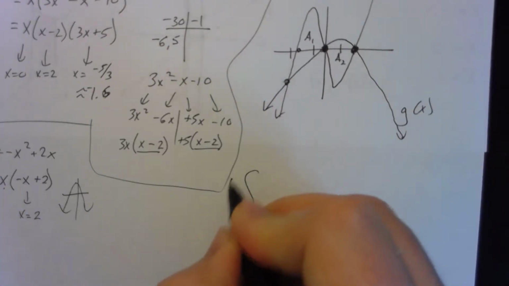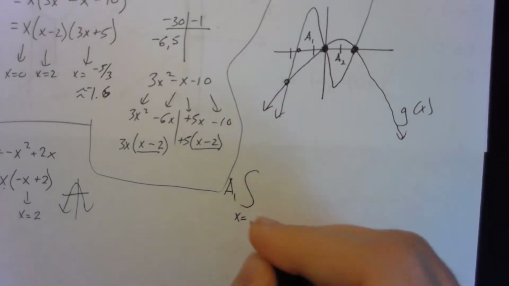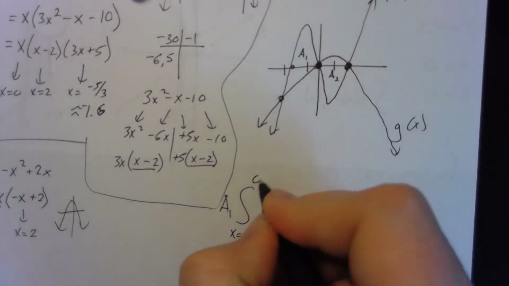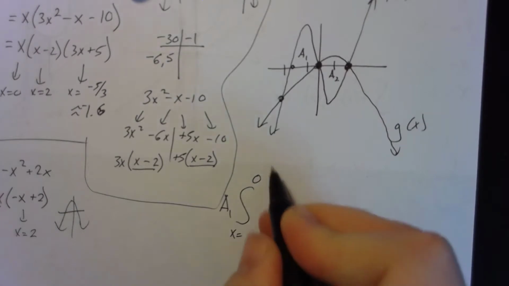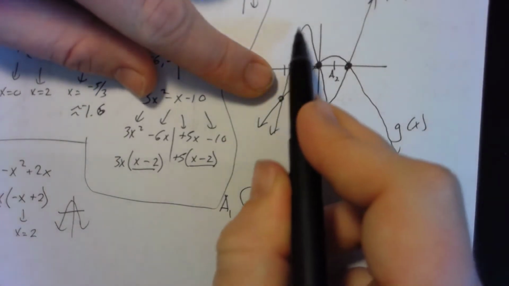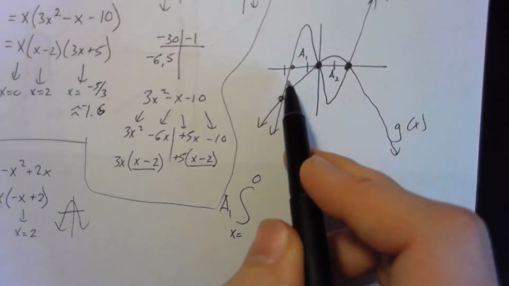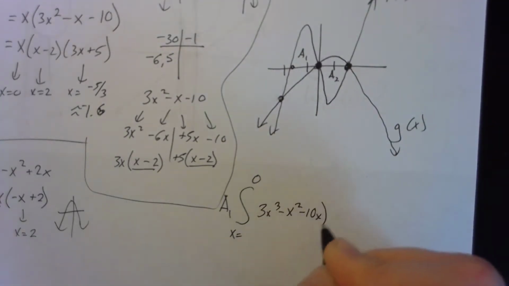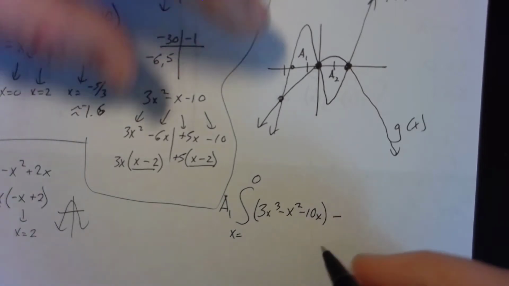The integral for area 1 is going to be x equals, now I don't know what that intersection point is yet, but I do know this one is x equals 0. So I'm going to go from a negative number to 0, such that my, again, cubic function is on top. My cubic function then being 3x cubed minus x squared minus 10x, minus the bottom function,